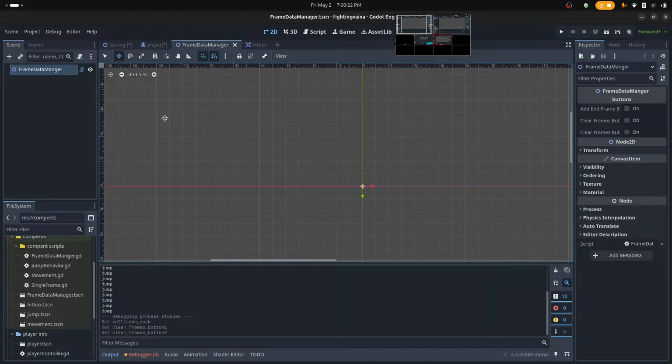Or is there more I could do? Not 100% sure on what should be named what anymore. Frame Data Manager. I can make one that does